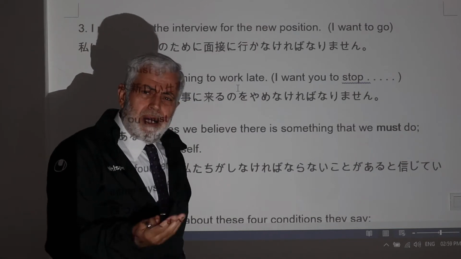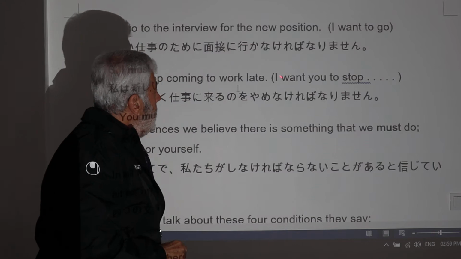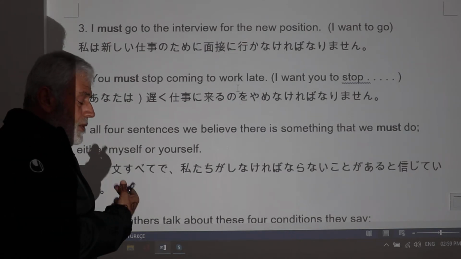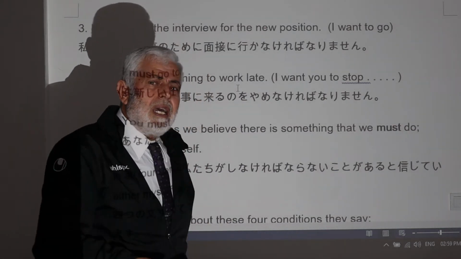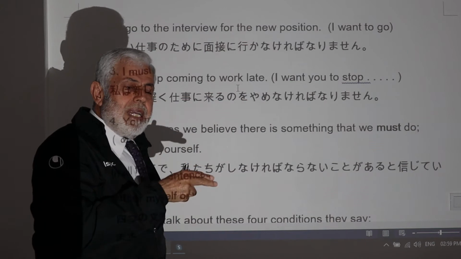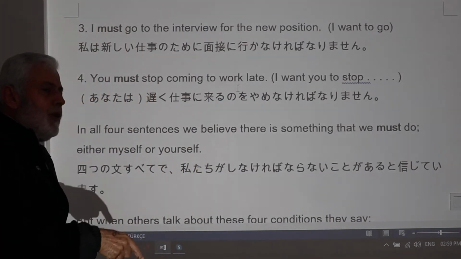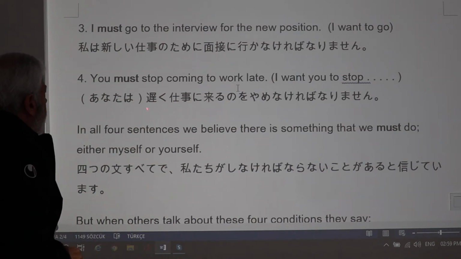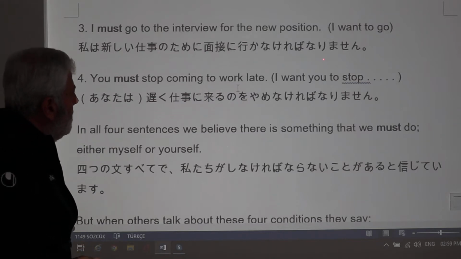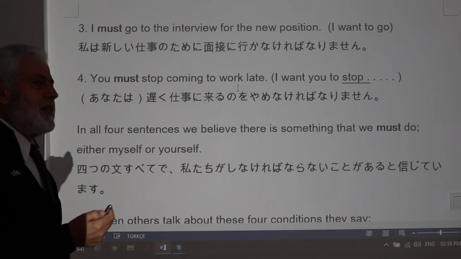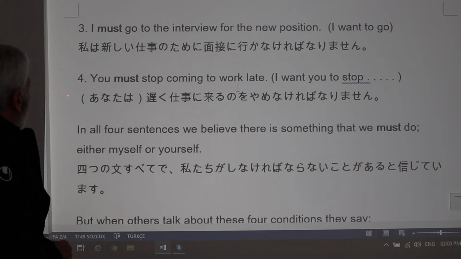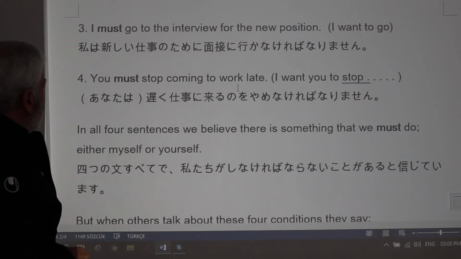New position は新しい職場、interview は面接。この方は仕事がない、失業者になっています。お金がなくて買い物もできない。やっぱり仕事をしなきゃならない。お金を稼がなきゃならないから、彼はしなければならないと自分で決めました。So I must go to the interview for the new position. 私は新しい仕事のための面接に行かなければなりません。So I want to go じゃなくて I must。この授業では I must について説明します。